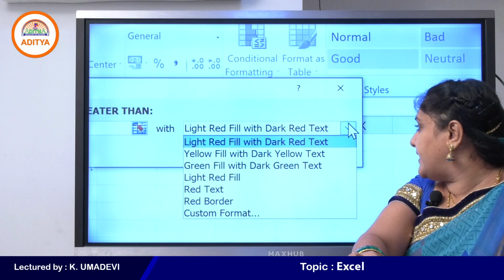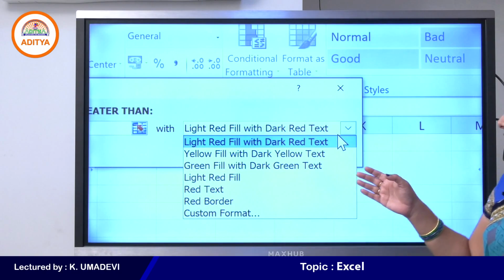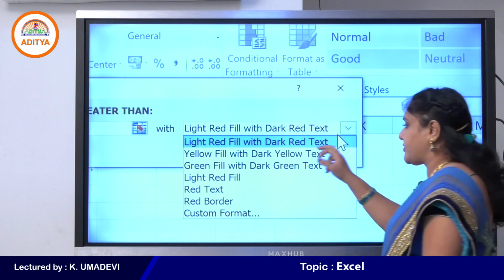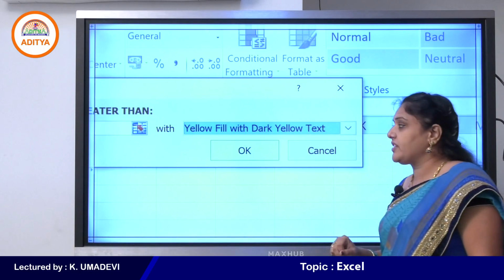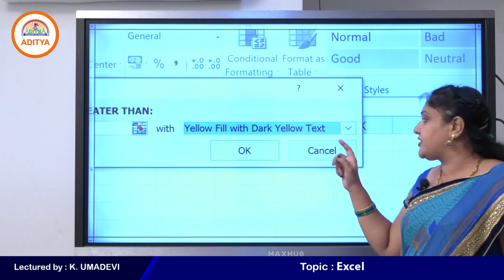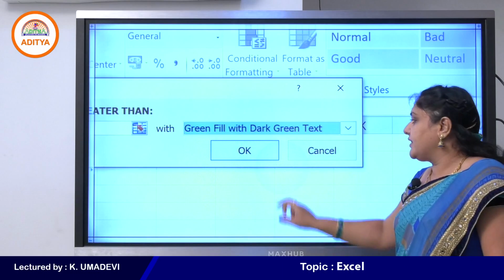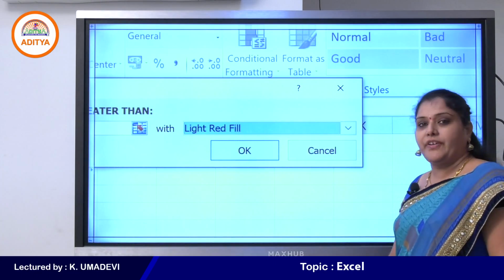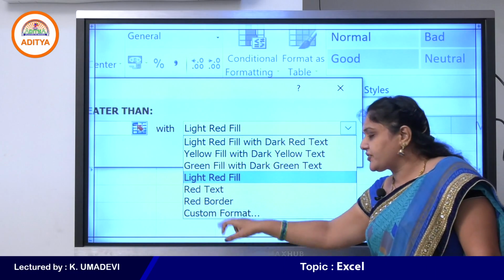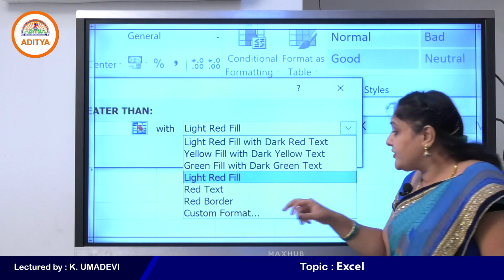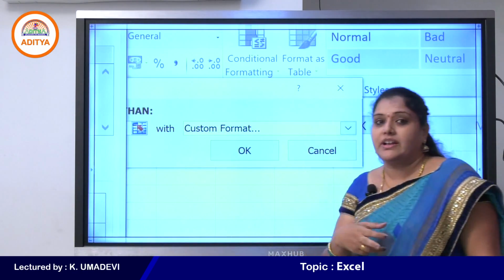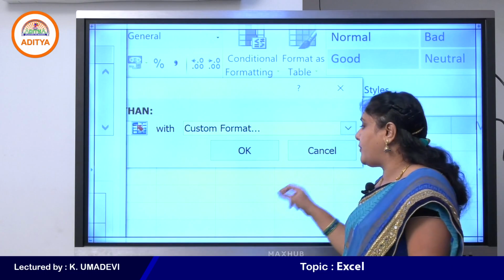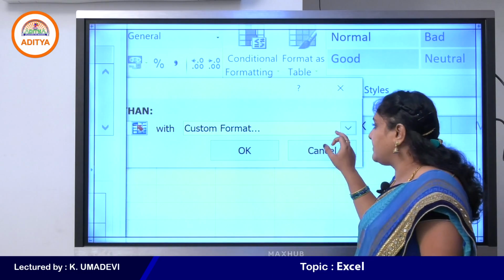These are all the built-in colors: light red fill with dark red text for the first option, that is the default option. The second one is yellow fill with dark yellow text, green fill with dark green text, light red fill, red text, red border. You can also apply your own color by using custom format. For example, here